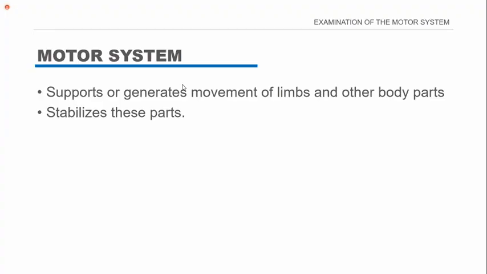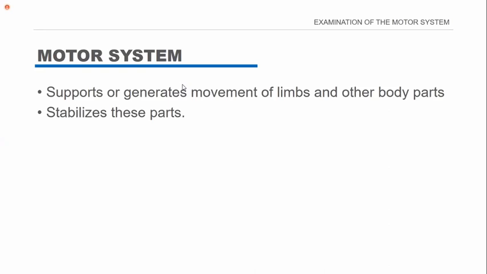So we will be talking about the motor system. By motor we mean movement. This system generates movement of limbs and all other parts of the body. Whatever moves in the body comes under the motor system. Motor system has two functions. It not only generates these movements, but it also